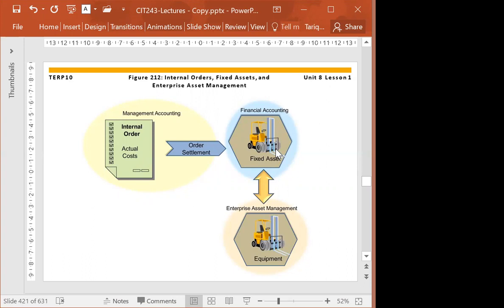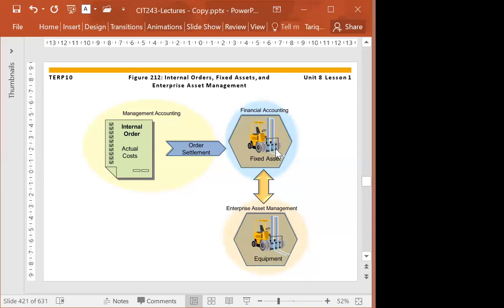And especially when we talk about fixed assets, it is collecting the cost for different classes of assets, for example, building or computer equipment or software, furniture, land, machinery, vehicles. So these are different classes of assets, and we are using internal order to collect the costs.